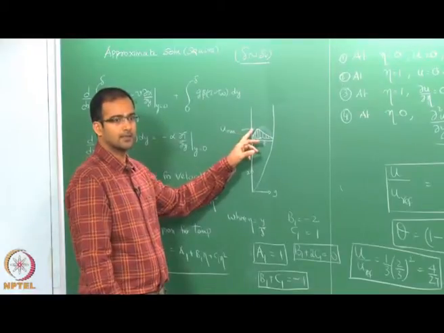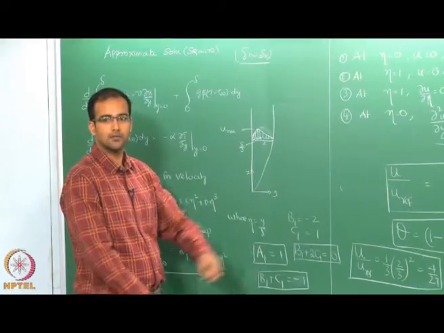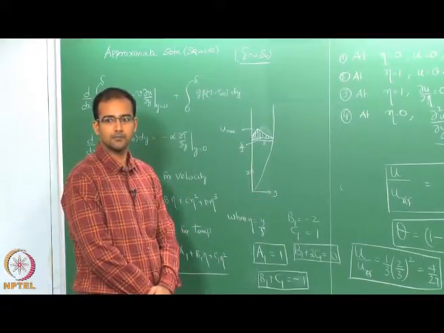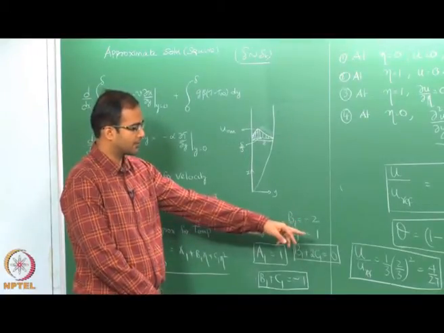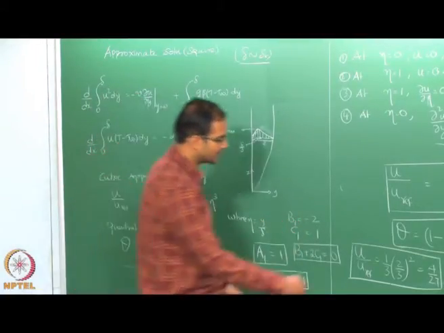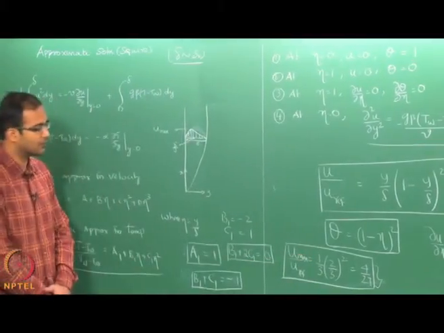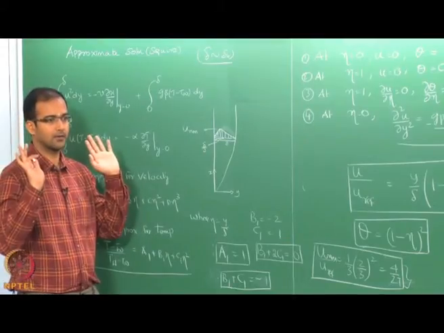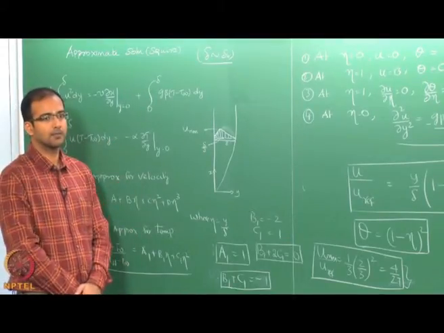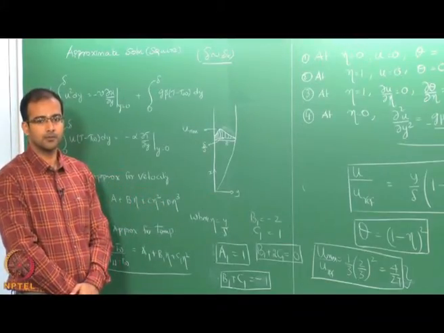Okay. You understand, your maximum is actually 4 by 27th of u reference, right. So, this is the maximum. Your maxima is actually 4 by 27th times your u reference. So, your u reference is some value, okay. You are not worried about what it is, but you are relating it with the u maxima through this polynomial.